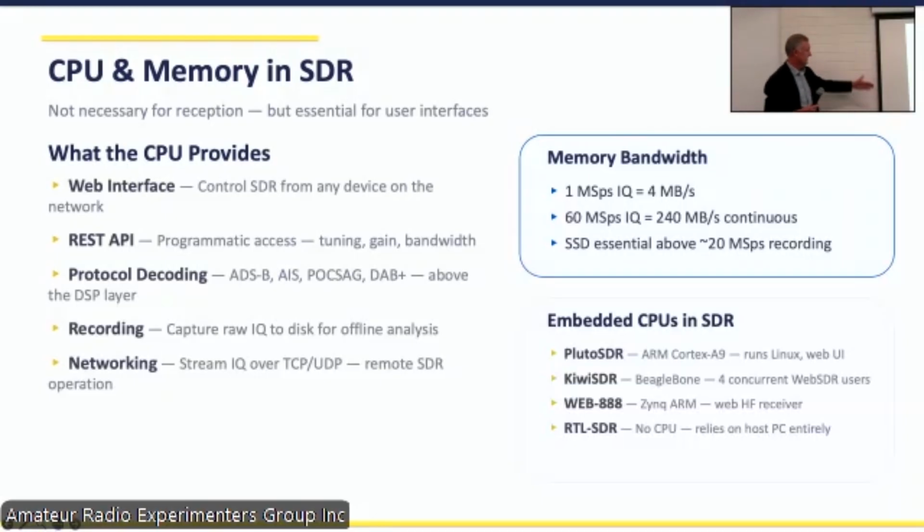Then the CPU starts to give us our web interface, a REST API, and all the different types of ongoing analysis work that you don't normally have happening just inside your FPGA. The reason we do it in the PC is it's simpler to have the flexibility there sometimes. But if you wanted something as a permanent operational single task environment, you would always put it into the field programmable gate array.